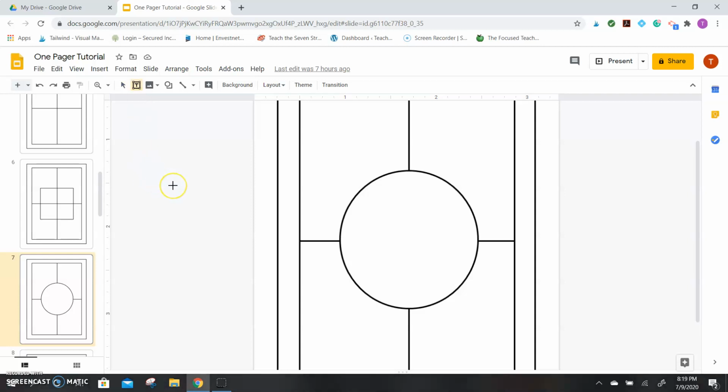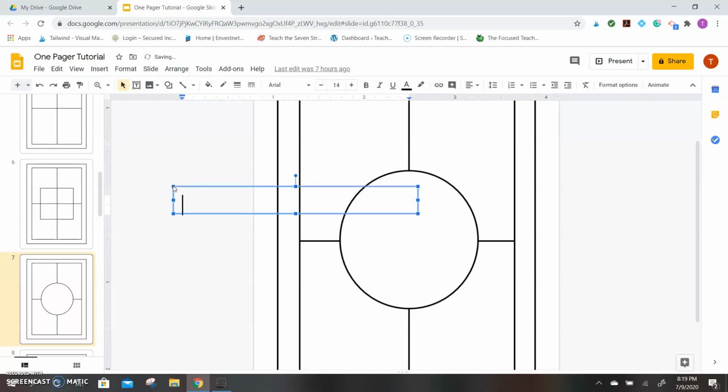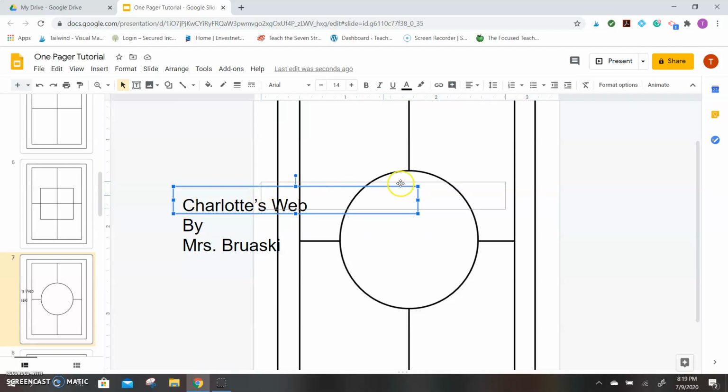And then you can really make your text box anywhere. I actually like to do them off to the side. So I'm going to single click. I'm going to put the title to the book. I'm actually going to do a very quick one-pager for Charlotte's Web. And I'm going to put my name there. Now, I'm going to put this into the middle, so I'm going to double click and drag